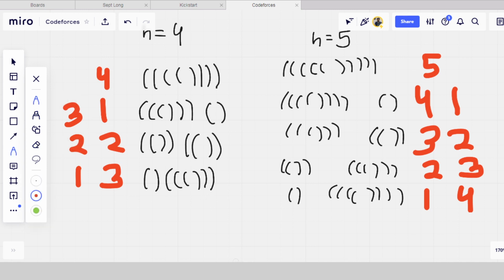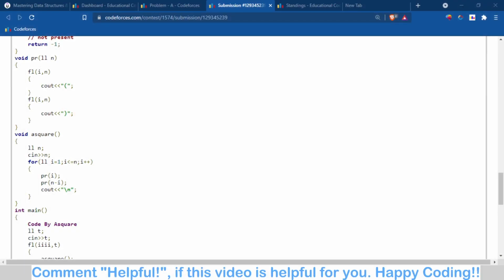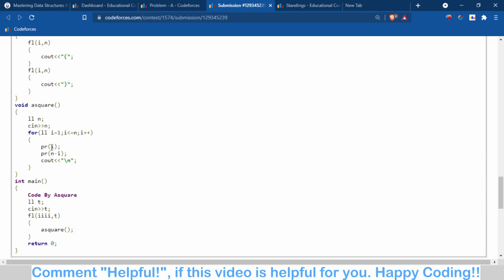So let's move towards the code part and see what I am doing there. In the code, I am making a program in which if we input some value n, then it will output a set of n brackets, meaning n opening brackets followed by n closing brackets. Then I have inputted n in my function, and with n I have made a loop from 1 up to n. First it is 1 and n minus 1 brackets, then 2 and n minus 2 brackets, then 3 and n minus 3 brackets. That is what we are doing here also.